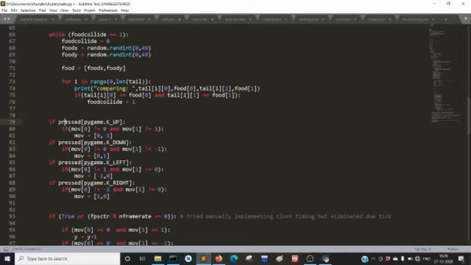So press is something like a boolean array in which the key codes get switched on. The key codes have some numbers which are actually used as indexes, and they get switched on, meaning they get a true value whenever the event is actually fired. So you can use this in the if condition, meaning if the up key is on, then this event